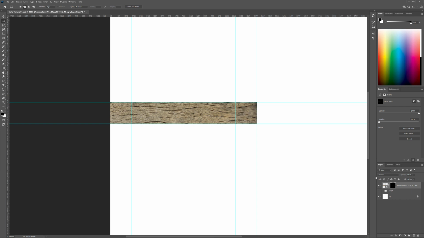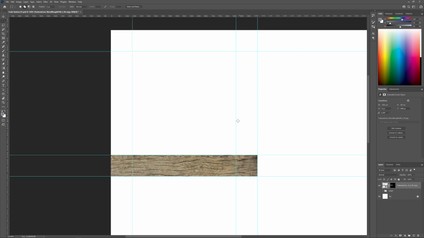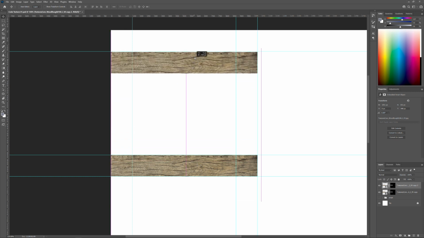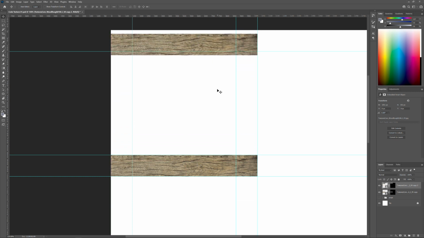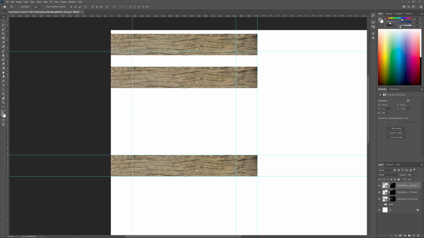Okay, so that's made a mask and chopped out that bit of board, right? Now, I'm just going to hold my space bar and pull this down. Space bar gives you your hand. I'm going to hold Alt over this layer and drag up a copy. You can also do it here. I'm going to hold Shift, pull this guy up. I don't really care if I get it exact, because I'm going to be making duplicates of this anyway. And if I'm trying to save time, I can just drag out 2 more copies, because I know I still need the